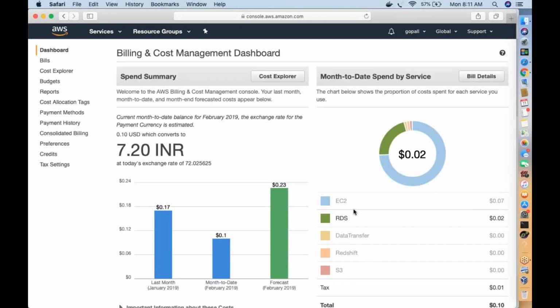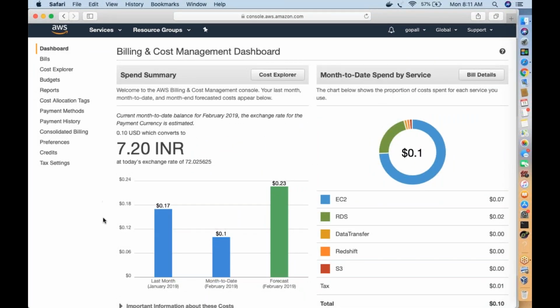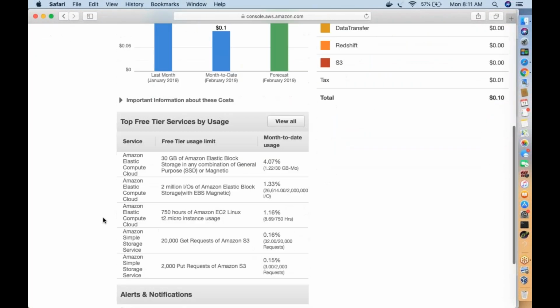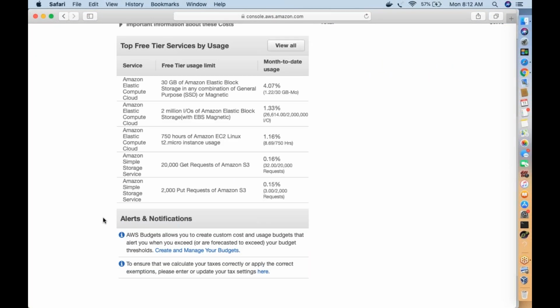Now, in your case, how can I override this when I start creating something by mistake? Amazon should intimate me, saying this will cross your budget limit. It has to intimate me. So what you can do is create an alert for your budget. For example, you don't want to spend more than $5 in your Amazon account. If $5 has been crossed, Amazon needs to intimate me immediately with an alert notification.